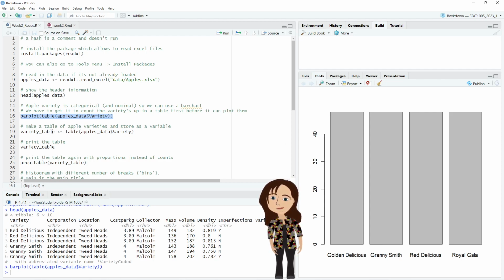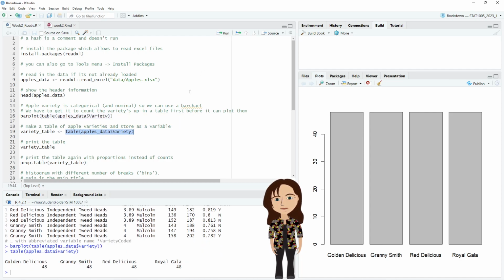If we actually want the table, here what I've done is make the table and I've assigned it to the variable. So I've stored it in a table, in a variable. I don't have to do that. I could just do tables. I wonder if it'll run just the code selected or if it runs the whole line. Oh no, it'll just run the bit that's selected. So